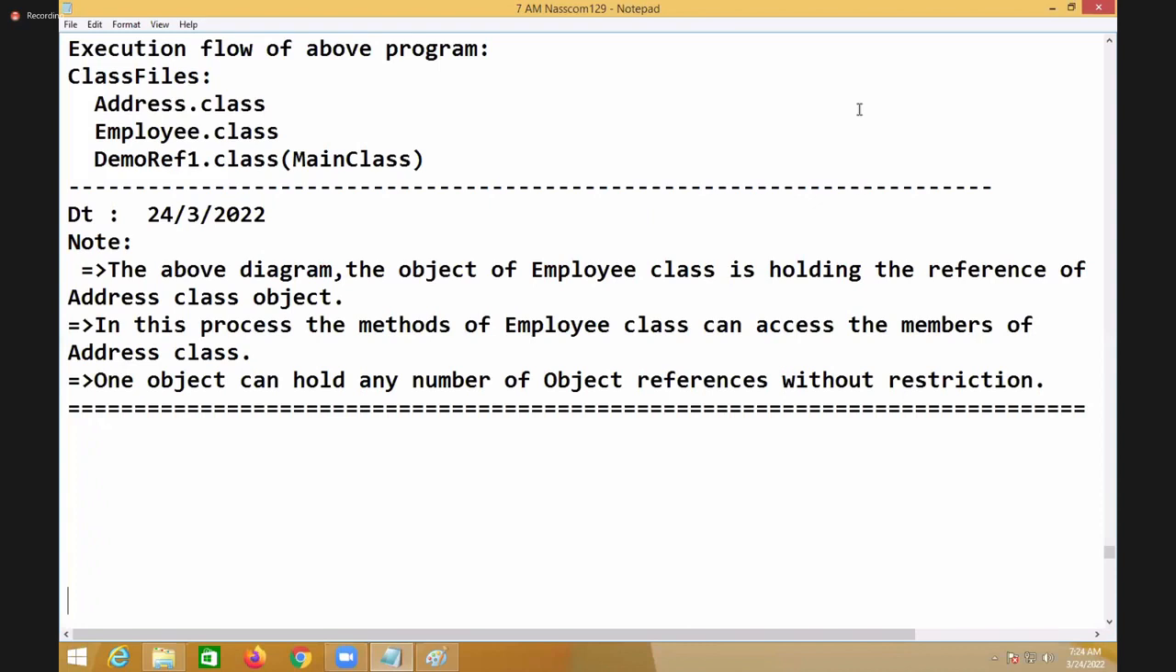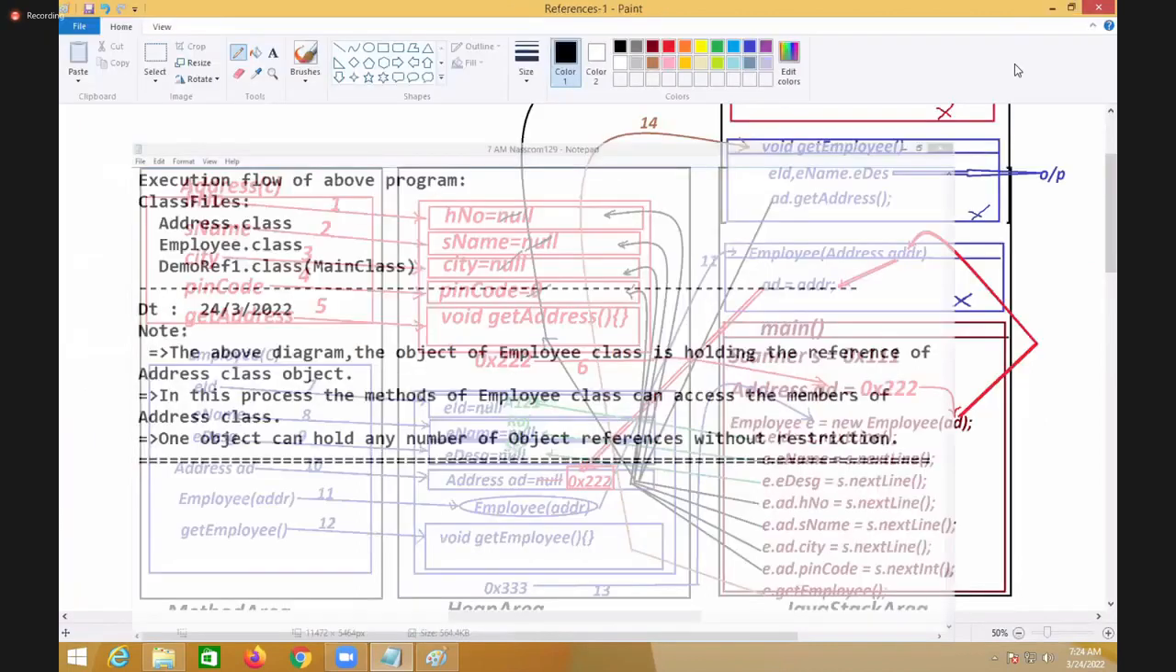That's the theory. So we call it relationship between classes, or linking of classes. At the class level, what happens? A class is declared with a non-primitive data type variable. That non-primitive data type variable will hold the reference of an object of another class. That's the only concept. In yesterday's program, if you observe it,